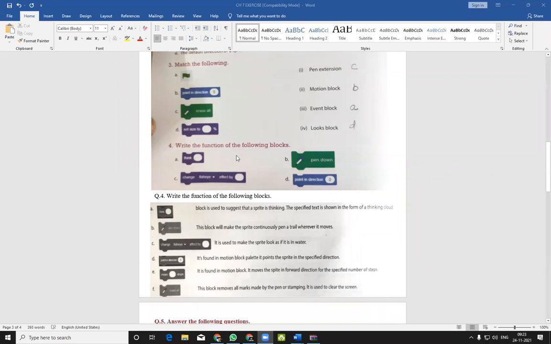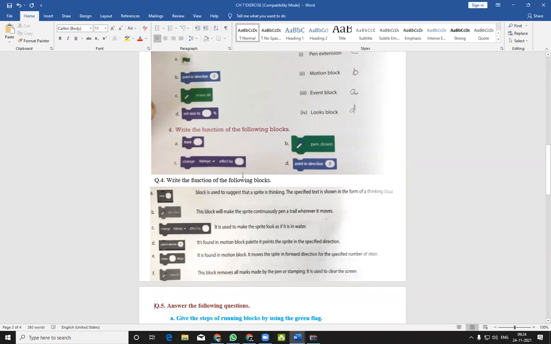Now question number 4. Write the function of the following blocks. The first block, think block.